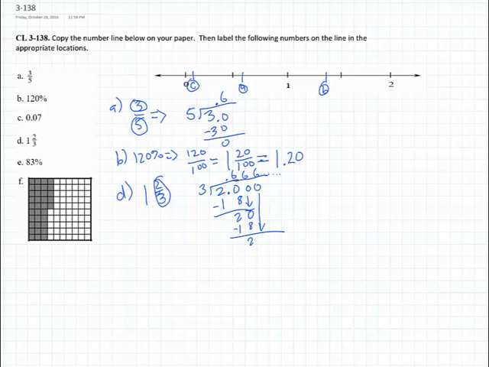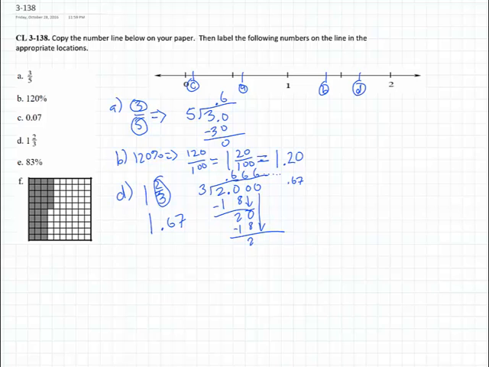Okay, so we'll go ahead and say that this 2/3 is going to be 67 hundredths. Okay, so we'll have 1, that's the one whole, and 67 hundredths. So that's going to mean it's more than 1 5/10. This is 1 6/10. So 1 67 hundredths will go somewhere here, and that's going to be D.